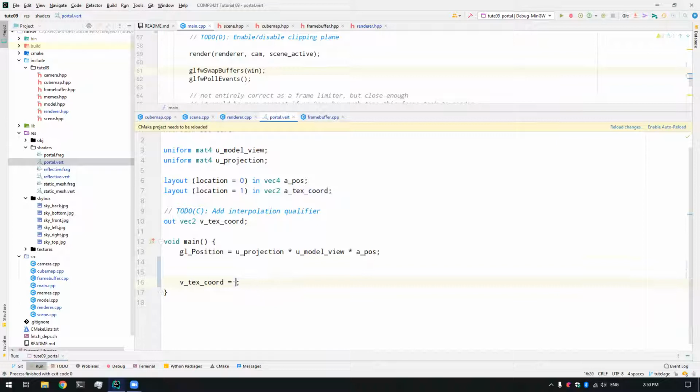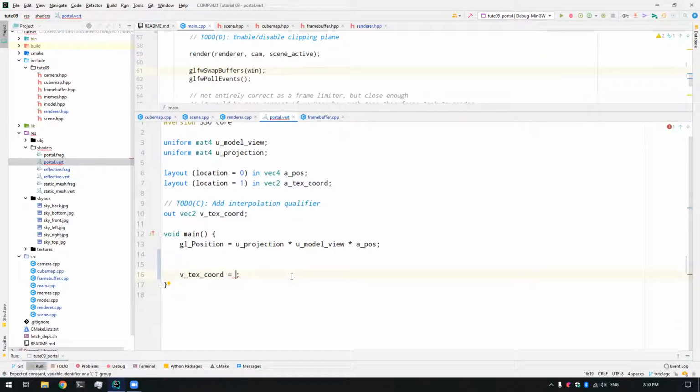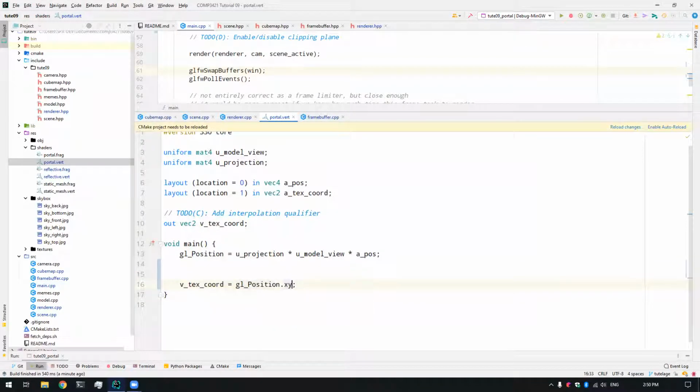So we'll take gl_Position. Now remember, texture coordinates only go in the U and V direction. So we'll take gl_Position.xy. And we're going to say, okay, whatever fragment this is going to eventually become, let's say that is the UV, which makes sense, right? If we look at the portal from a side-on view, we only see some of the fragments, and we're going to imagine that those fragments that we see become the UV coordinates on our